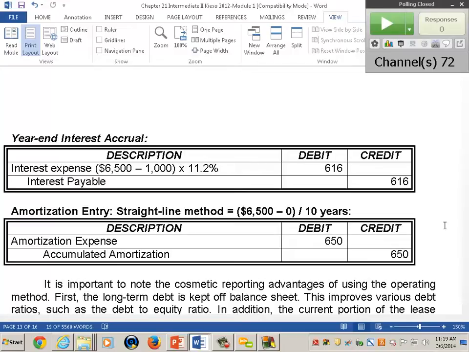So when you report back on December 31st, you have to understand that the current portion of long-term debt is 384 when you report at 12/31. And of course, the depreciation or amortization is just straightforward. You just have amortization expense and accumulated amortization. So if you have a capital lease, it mimics a purchase. It's exactly like buying the asset.